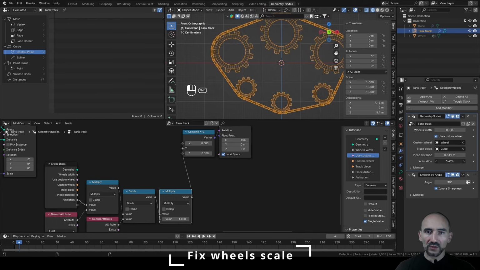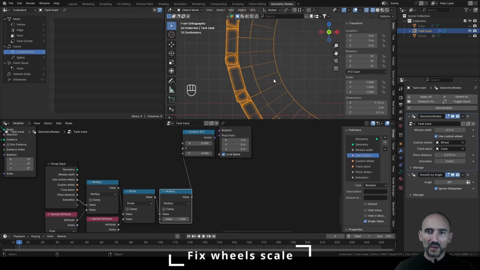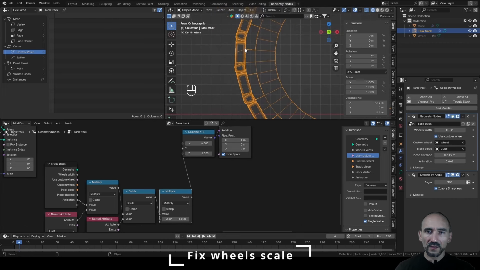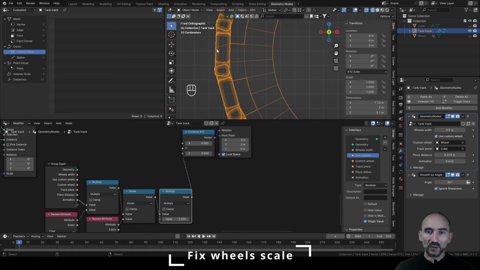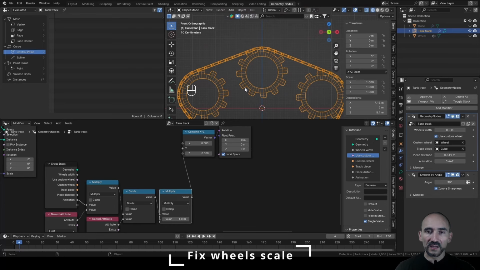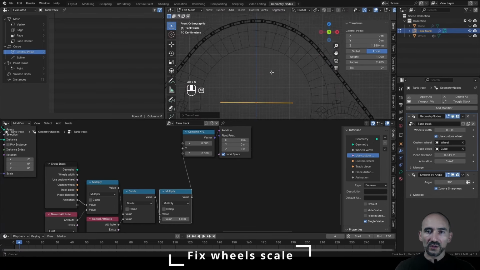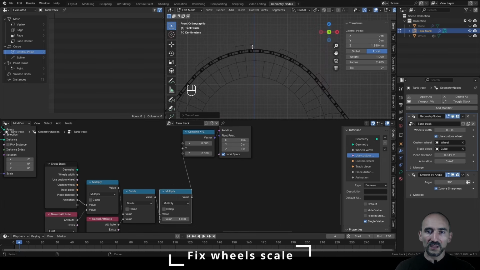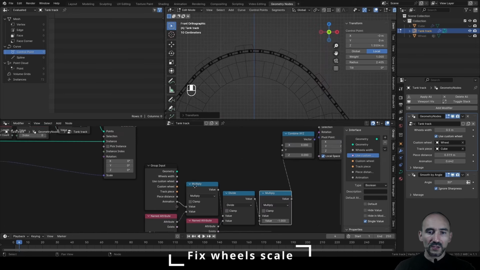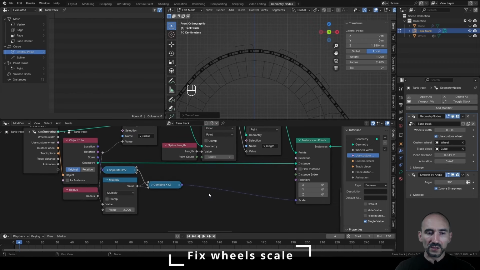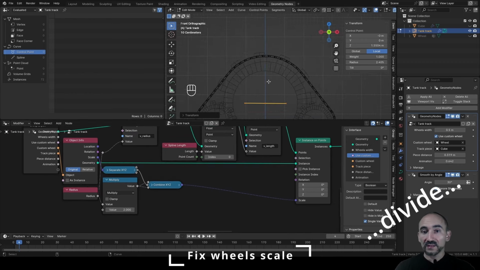Okay, in the wireframe mode it's correct, but there is a bug here because the end of the wheel object is here, but it needs to be not at this point but at the middle point in the curve, and this is a mistake. And to prove it to you, I increase the radius of this point, and as you can see we have this problem emphasized here. So the problem is the scale of the instances, because I need to multiply by the scale